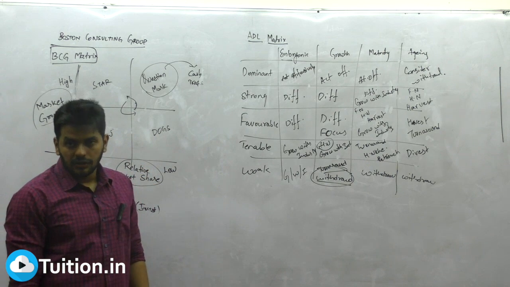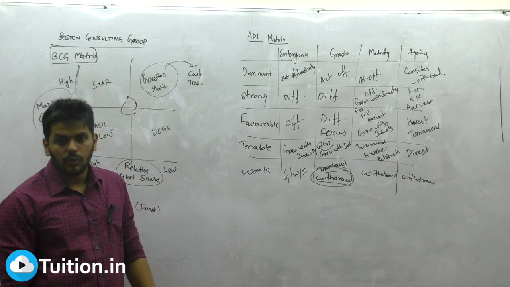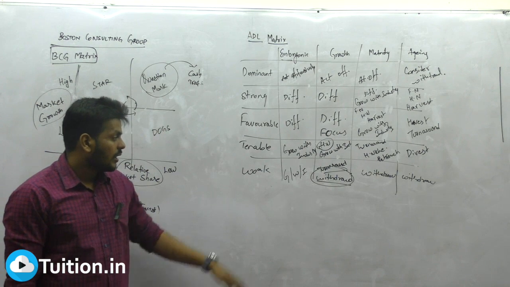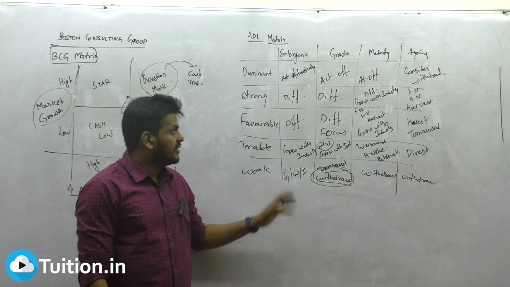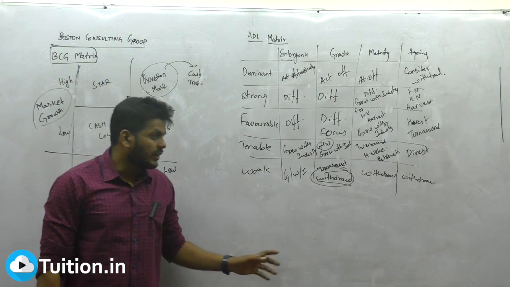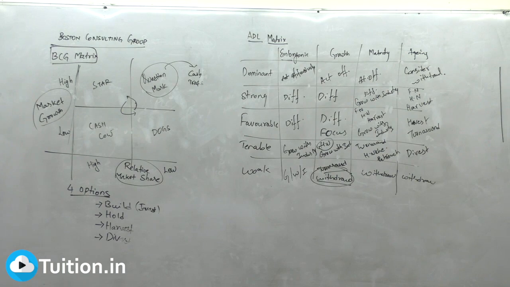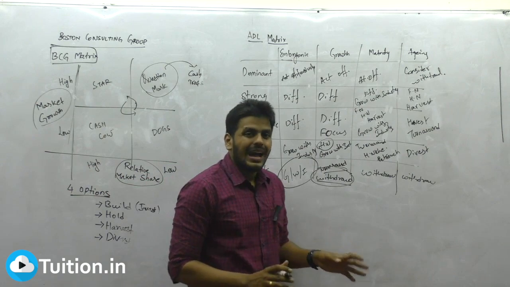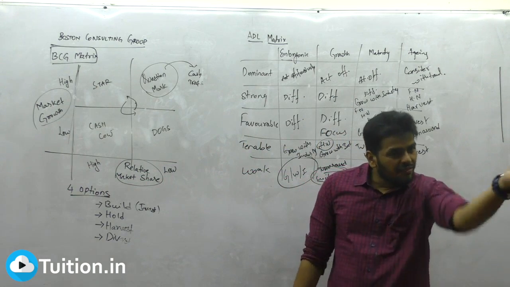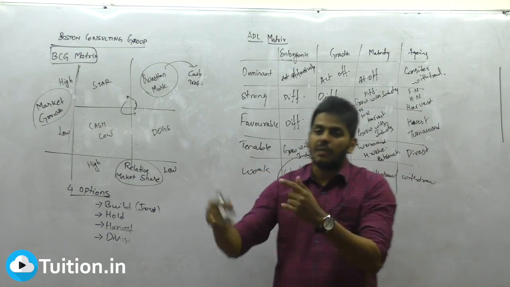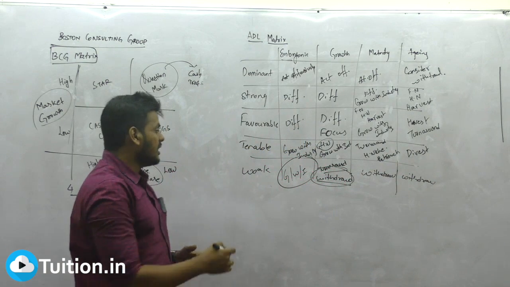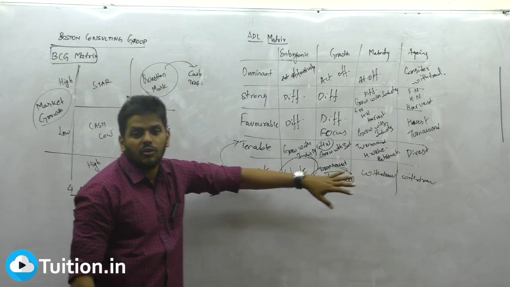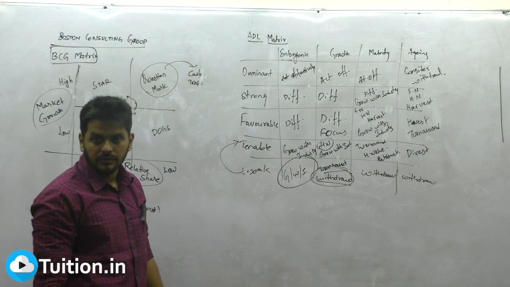What you are forgetting to understand is one such fantastic matter. I'll tell you why. Now I'll show you the coincidence. You got to understand here. See this. Weak company, in the first stage, what is it doing? Everybody concentrate, the most important part of this whole matrix. Weak company, what is it doing in the first stage? It actually grew with the industry and it made its mark. Now guys, when a weak company could grow with the industry and make its mark, will it not become a tenable company? You are only looking at the movement inside this. You have to move from the company's point of view also.